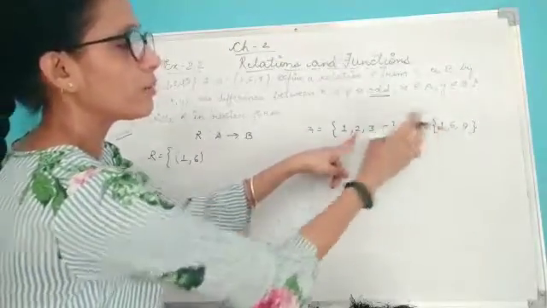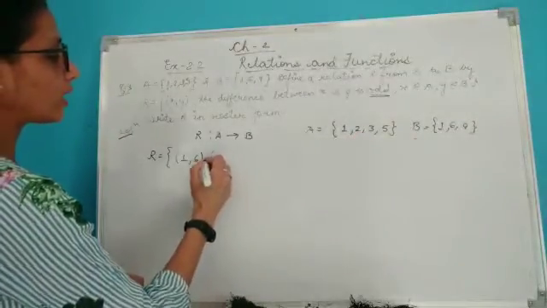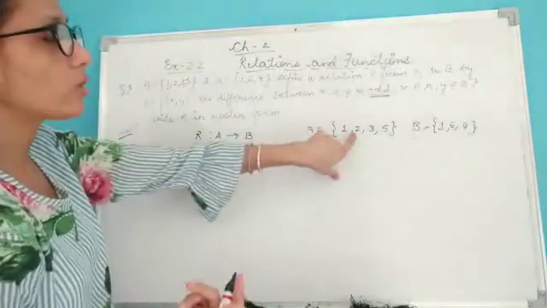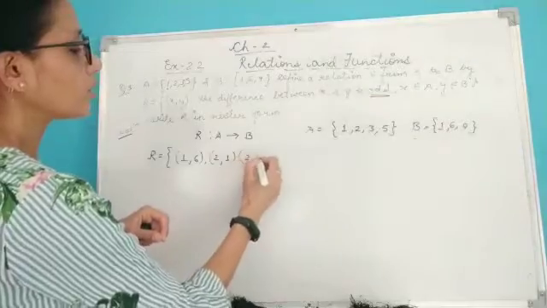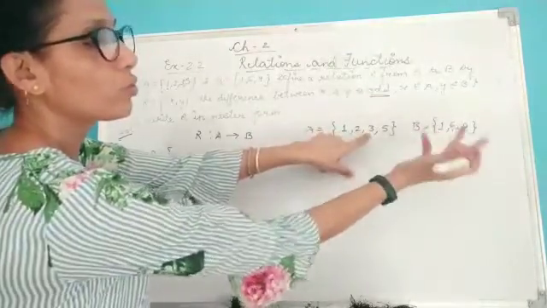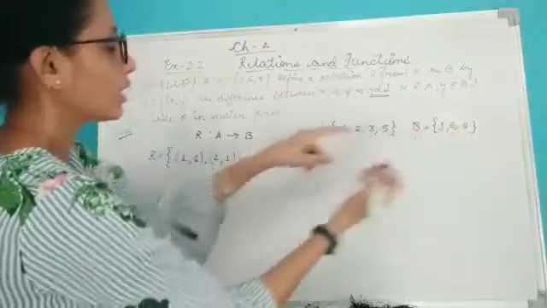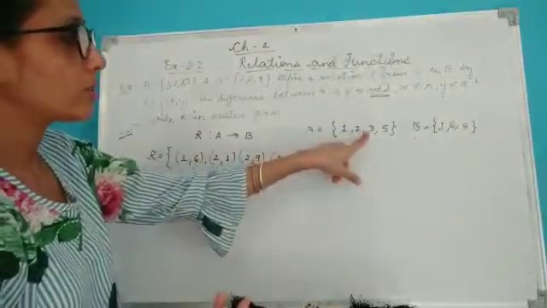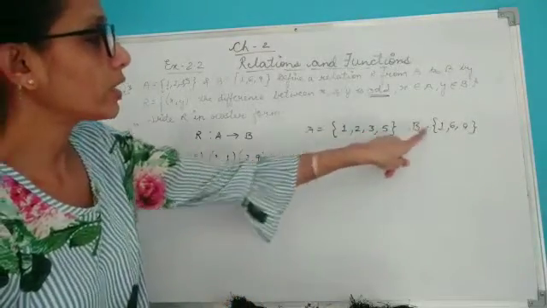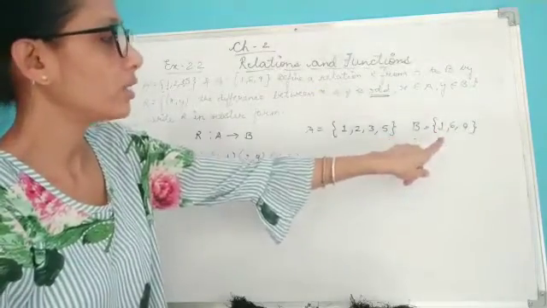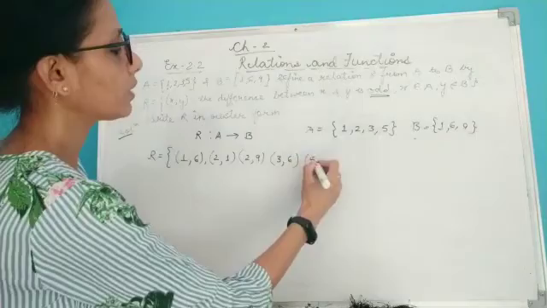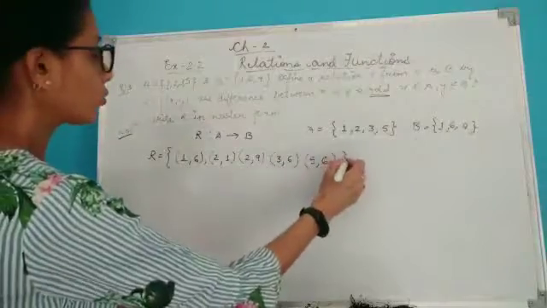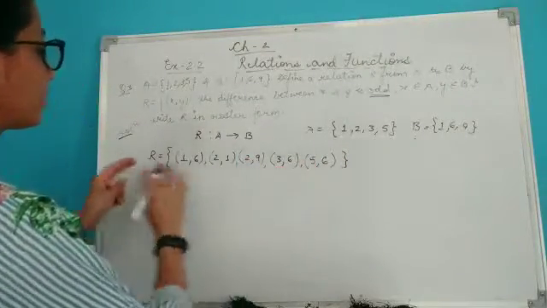Again 2 minus 1 is 1, so it is giving me an odd number, so I will be taking it as 2 and 1. Then again 2 and 6 will give me 4, so it is not an odd number. 2 and 9 will give me an odd number. Then again 3 minus 1 is 2, which is not an odd number. 3 minus 6, I can take it as an odd number. Then 3 minus 9 is 6, which is an even number, so I will not consider it. Again 5 minus 1, which is 4, is an even number. 5 minus 6, so I can take the pair as 5 comma 6. Then 5 minus 9 will give me 4, which is not an odd number. So this is my relation.